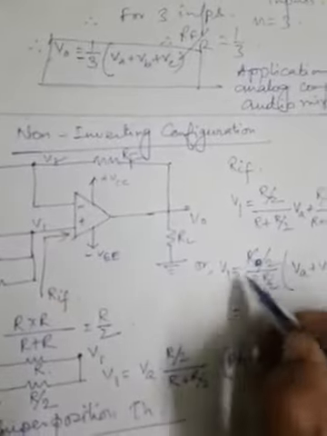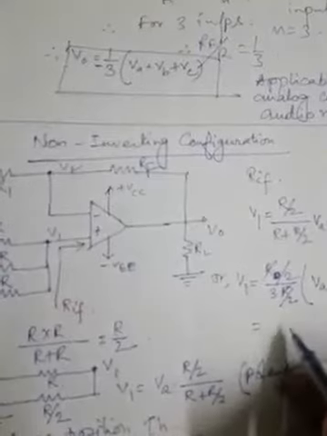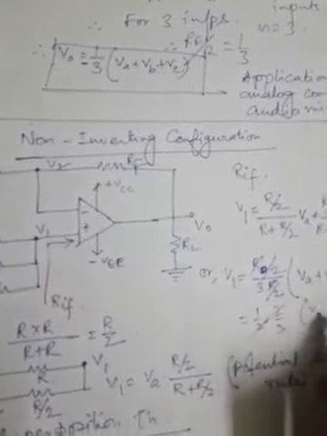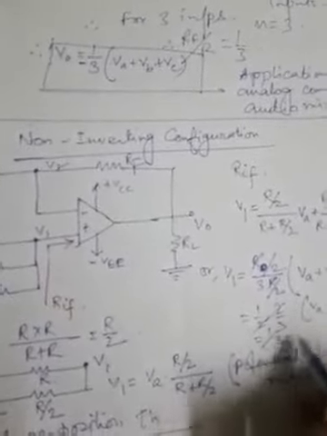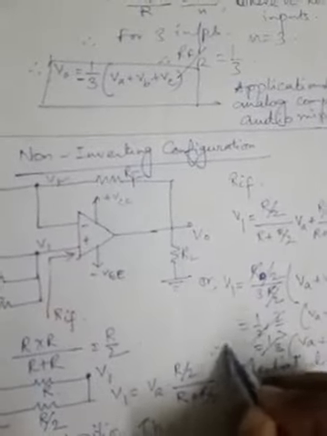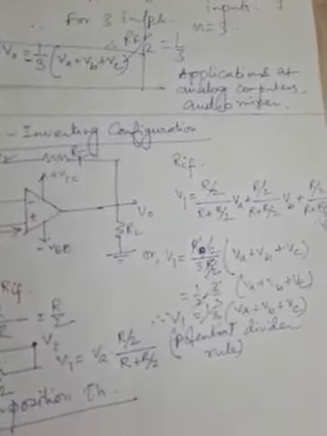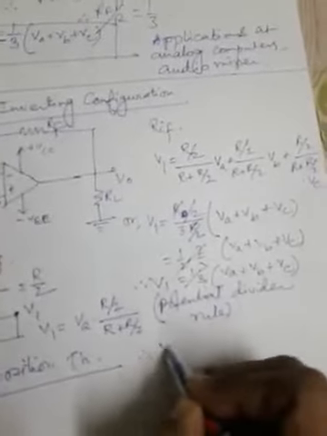So therefore, if we cancel out the R value, that means this is half into 2 by 3, that is into VA plus VB plus VC, and so this is 1/3 VA plus VB plus VC, and this is nothing but V1. So the output voltage VO can be written as, if V1 is this,